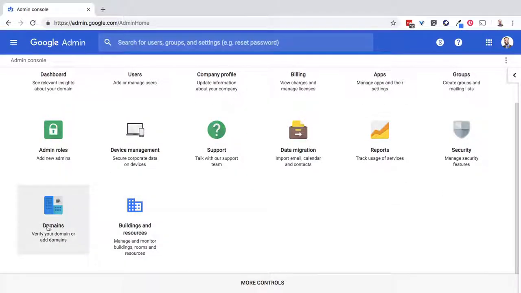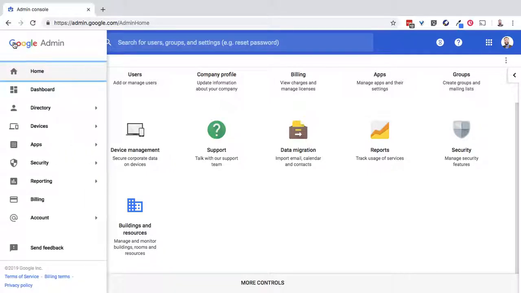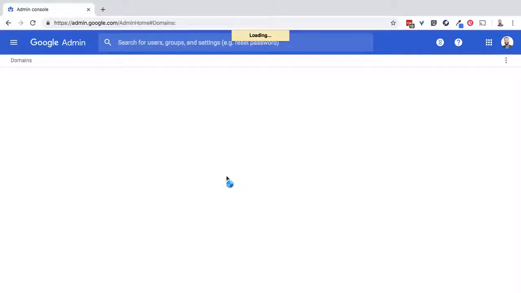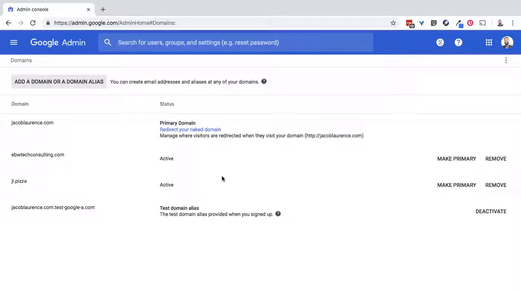To manage your domains, you go to this domains tile or open up the hamburger menu and go to domains under account. This is a button, add remove domains. Click on that and then find the domain you'd like to remove